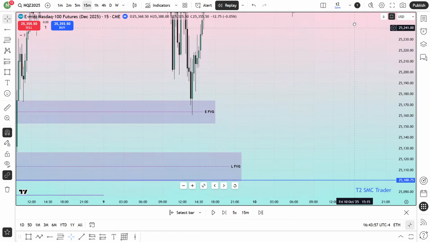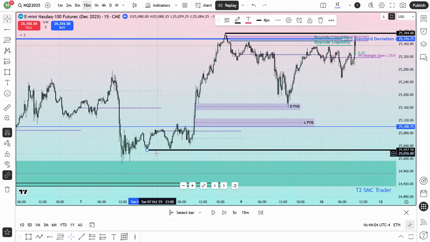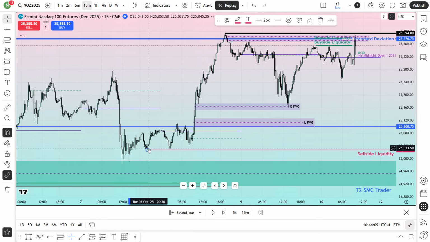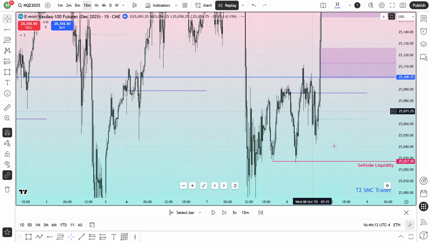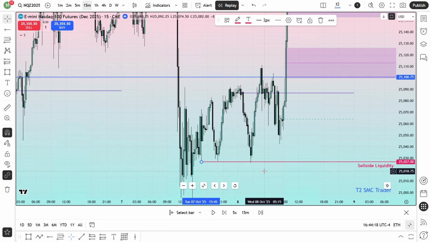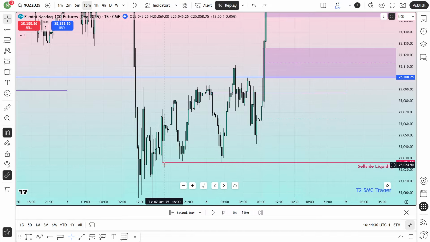Any kind of fall is my sell for where? This sell side liquidity. Look over here. Another obvious liquidity was over there. That means this low has been taken over here by a shallow run. Okay, so you can see here this low has been taken by a shallow run. That means a wick just went a bit below that low. It is called the obvious liquidity. So I would love to mark that specific low, the shallow run low, as my liquidity.